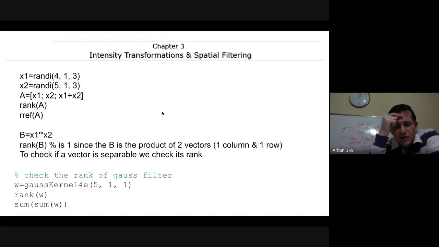If you remember the rank of A from linear algebra, it is the number of rows which are linearly independent. If we have a matrix which is 5 by 5, and the rows are linearly dependent, the rank can be something smaller than 5. If there is randomness, the rank is going to be equal to the number of rows, and so on.